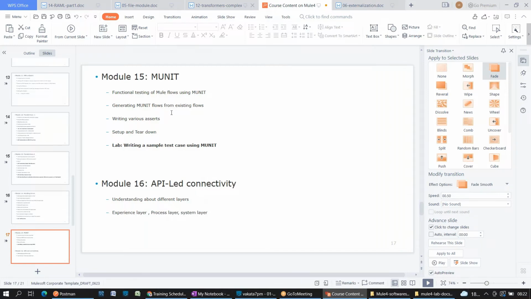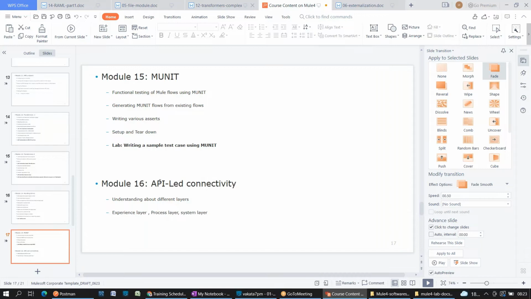So additionally, I added this one because many of the developers may join startup companies. If you go to a startup company, you will have an end-to-end role, right? So at that point of time, manual testing we'll do by using Anypoint Platform. If you want to do functional testing, we can do that by using this MUnit framework, right? So at that point of time, you should not be blank about MUnit. That's why I'm giving some strategies, I will create some test cases, and we will test them as well.